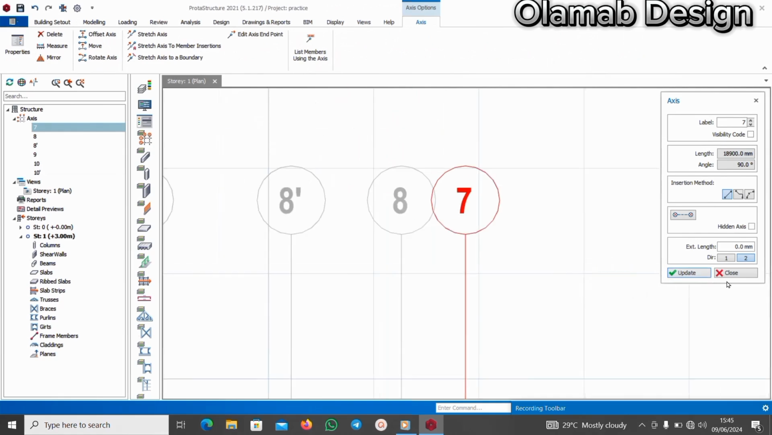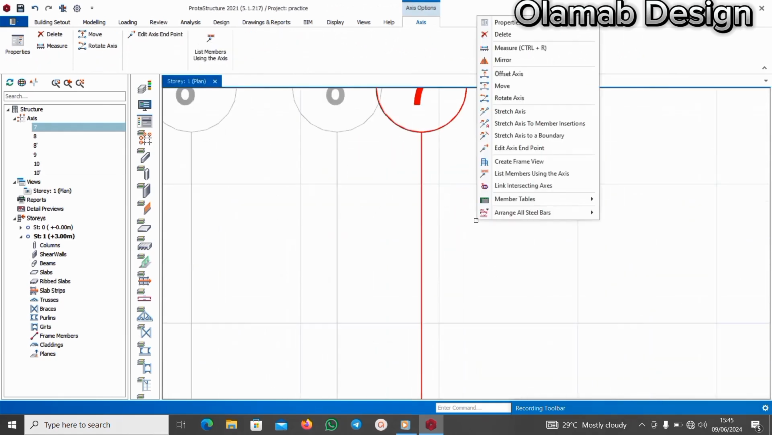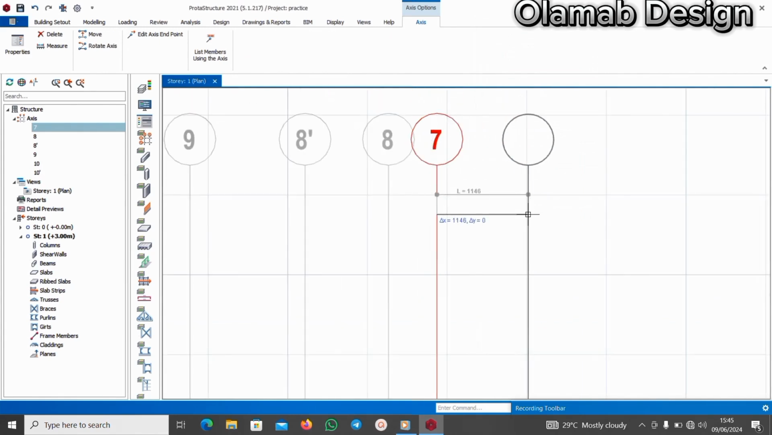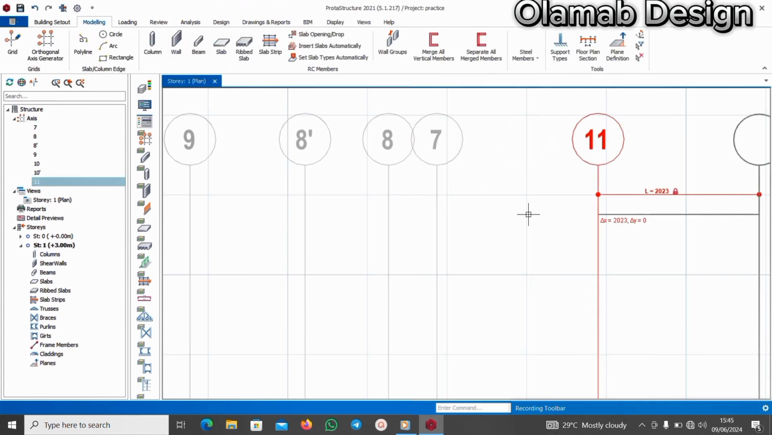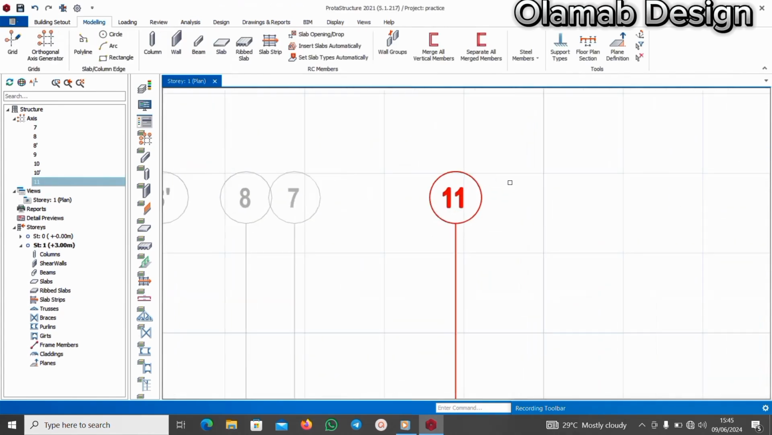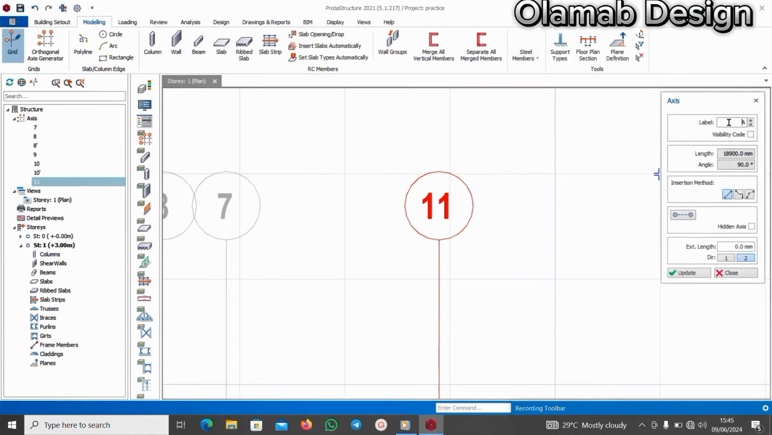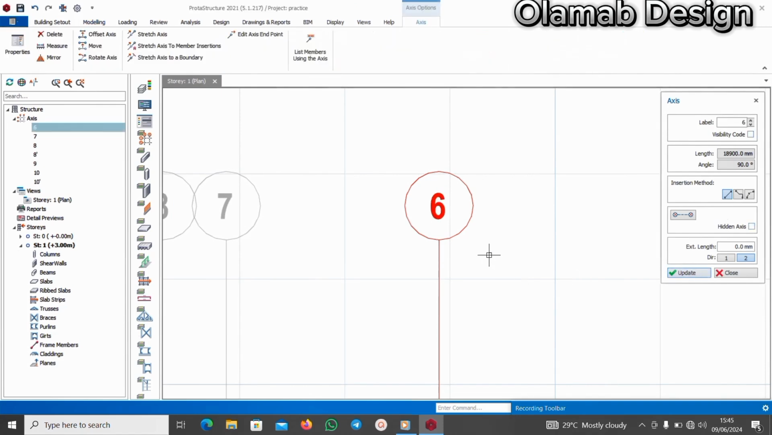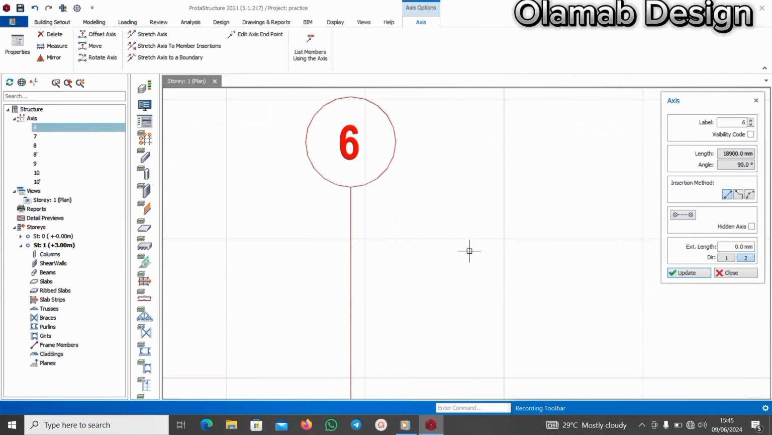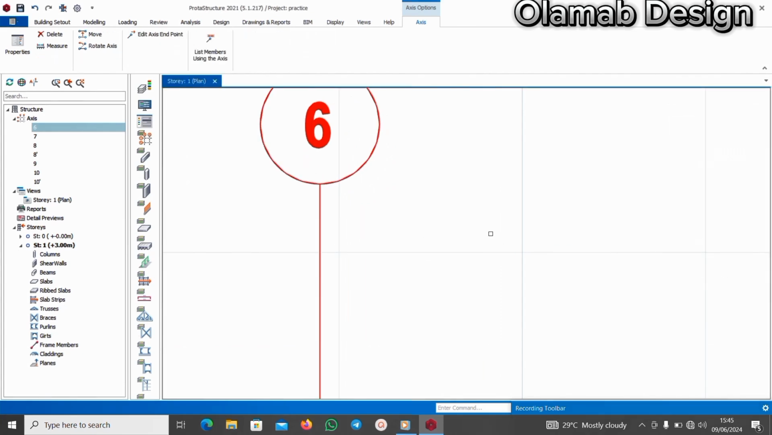Okay, then I'll close this. I will right click again and say offset axis. Okay, and I'll click on F2 and type 2023. Then I'll hit enter. Okay, and I will change this now to grid 6. Properties, grid 6, update. Then the next grid is my grid 5, which I'll also close this and I'll say